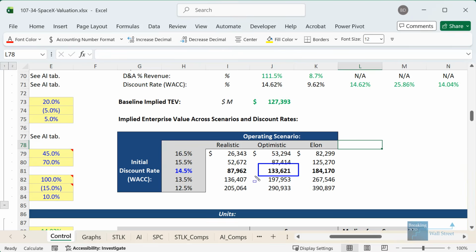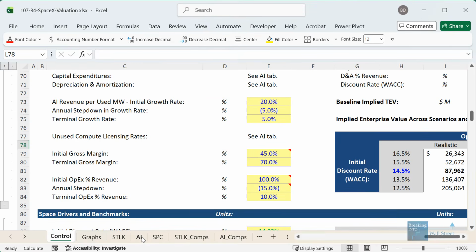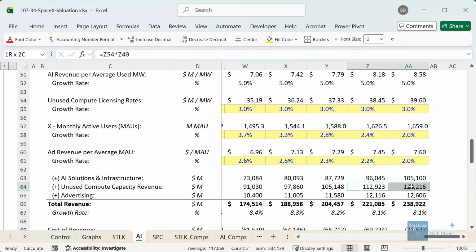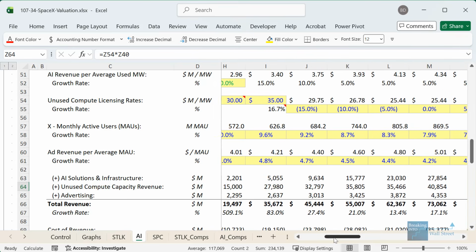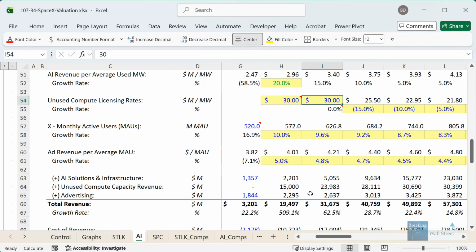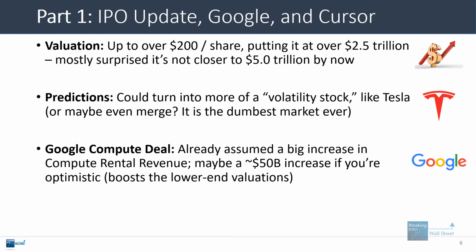The exact range depends a little bit on your assumptions, but I've estimated it at around 50 billion here. And that comes from the fact that if you actually extend this all the way through until the end, you probably get higher numbers. So it does make some impact, but we're still talking about a company that is mispriced by at least $1 to $2 trillion, so I don't know if it really changes things all that much.